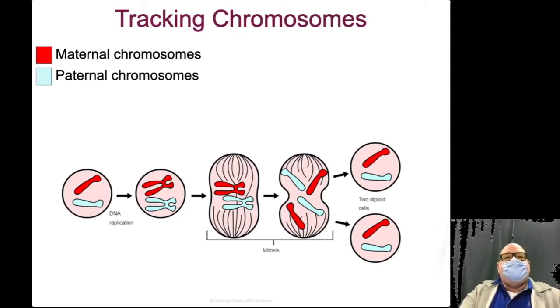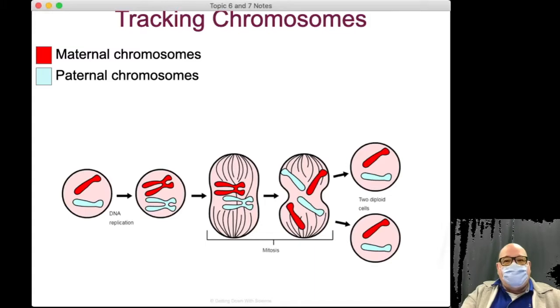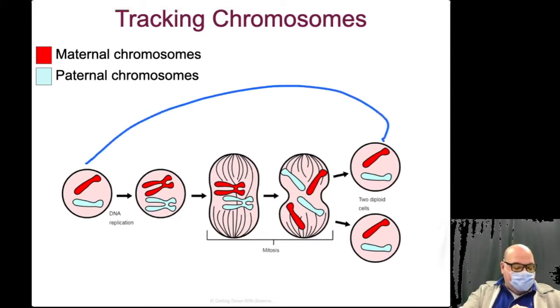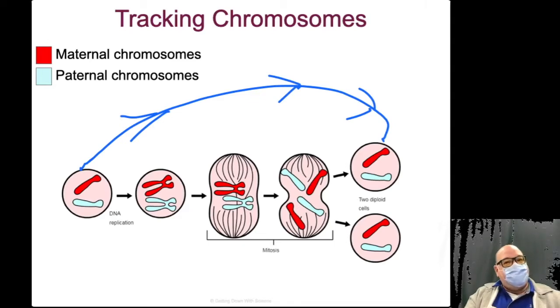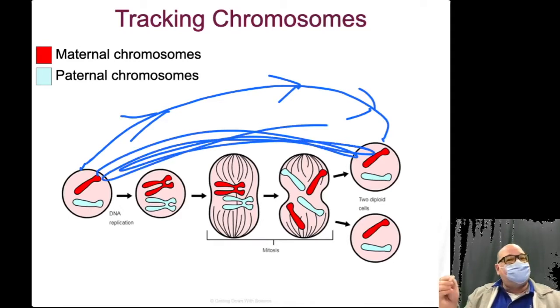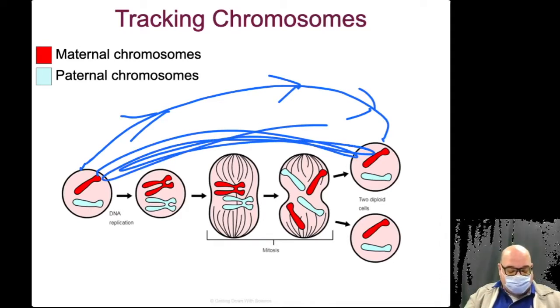So we have a red chromosome from your mom. We copy it, and then we take one to each cell, and the daughter cells each have their own copy. If you look at the end results, these are going to be equal. When we go this way, we're trying to get back to where we started. That's why we call it a cycle. The idea is to get to the same place. On test questions, if it's mitosis, these should match. If they don't, something went wrong, or they're trying to give you an answer that's not right.